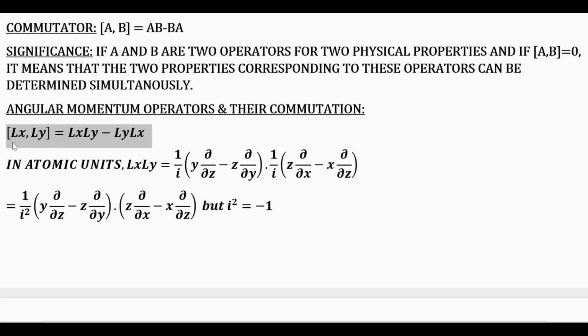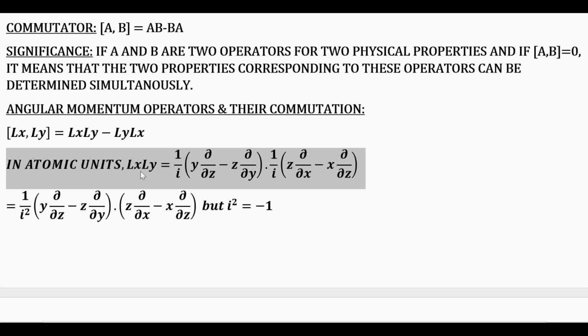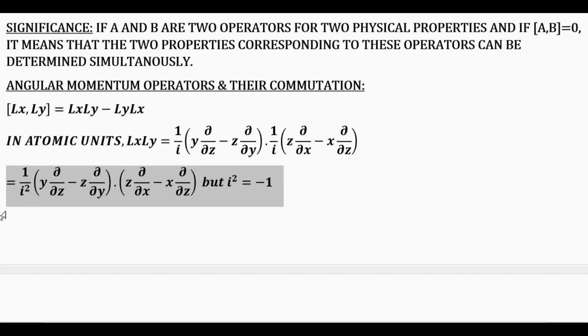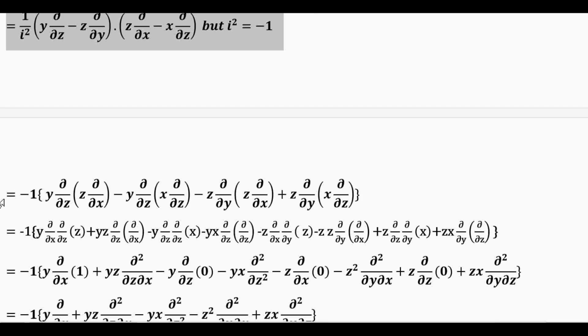We want to evaluate commutator Lx Ly, and we know that it is equal to Lx multiplied by Ly minus Ly multiplied by Lx. In atomic units, Lx is equal to 1 upon i (y delta by delta z minus z delta by delta y), multiplied by Ly, that is 1 upon i (z delta by delta x minus x delta by delta z). So you have two terms, 1 upon i and 1 upon i, so it becomes 1 upon i squared. I am clubbing them as 1 upon i squared, with the understanding that i squared is equal to minus 1. So it will be 1 upon minus 1, and that is equal to minus 1. So this equation will now look like this: minus 1 multiplied by,